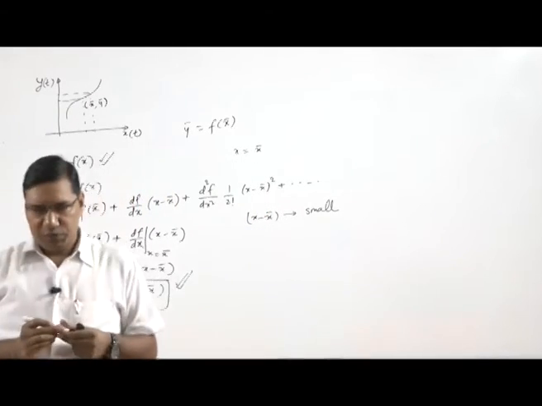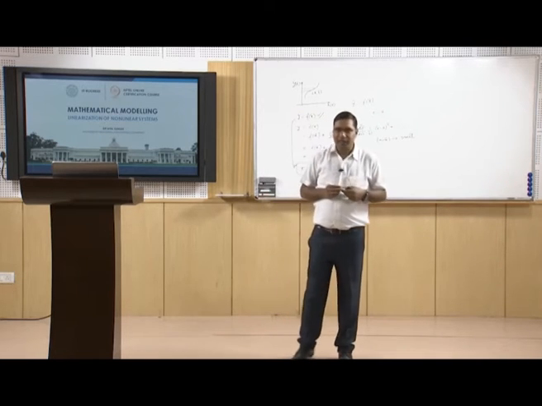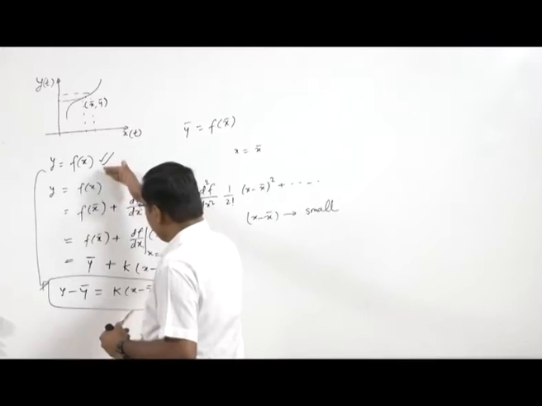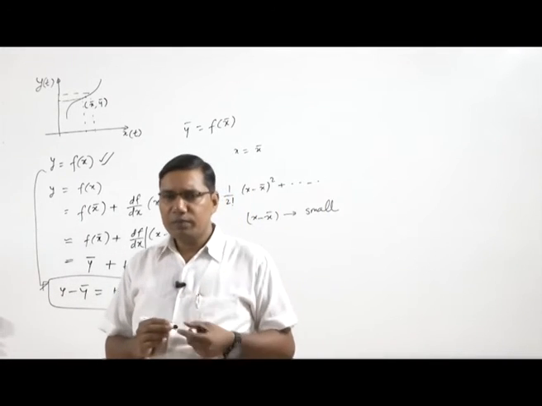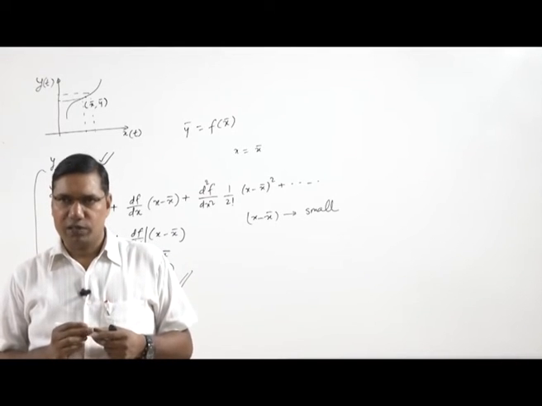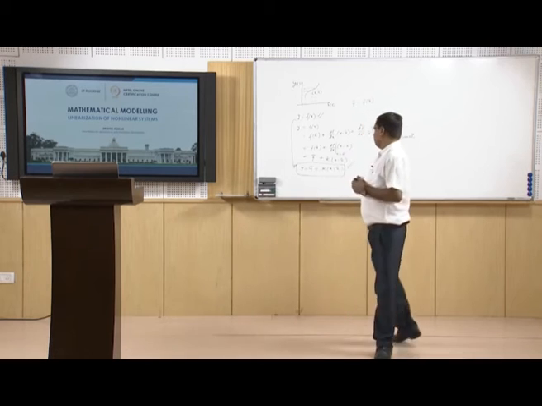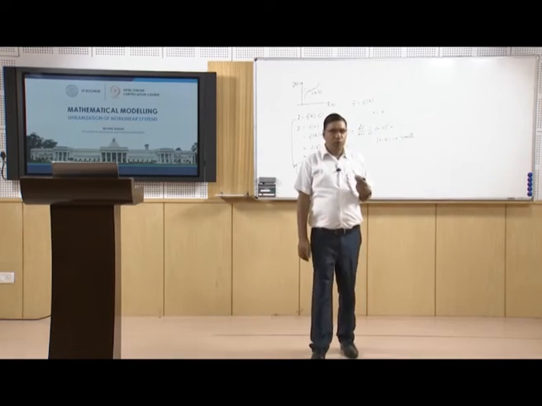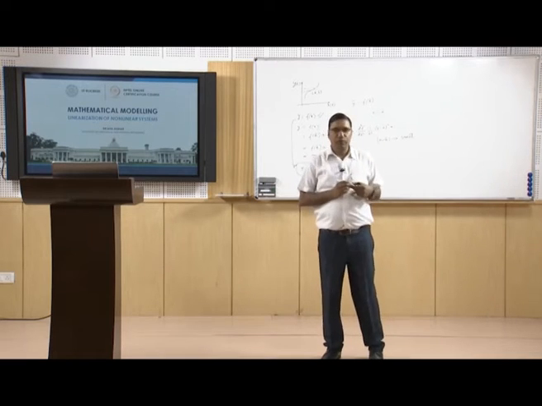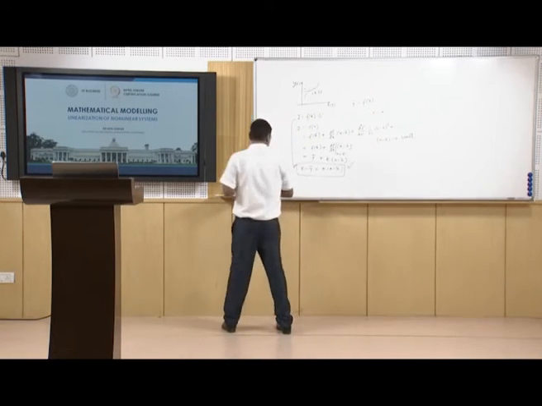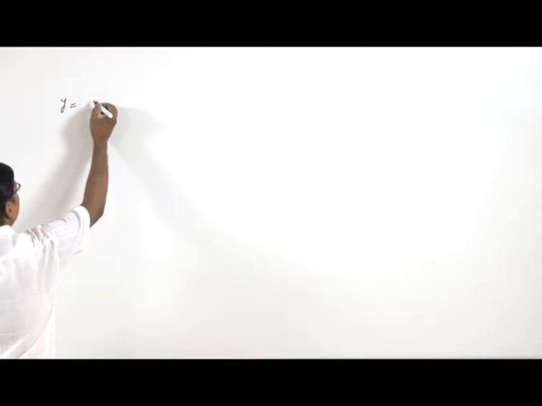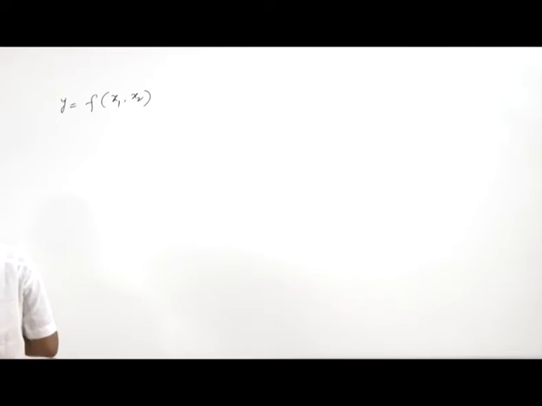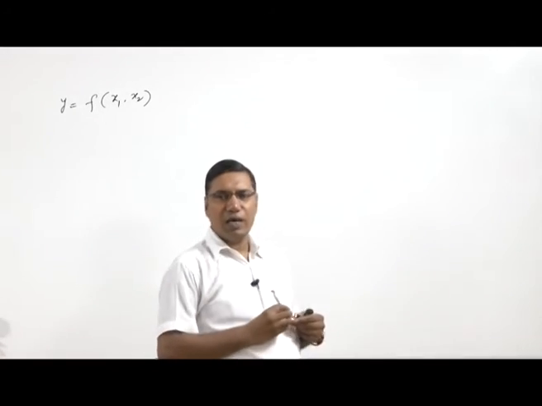So, now if any differential equation is formed that contains some nonlinear function f(x), we can approximate it to a linear function and then we can apply the Laplace transform and find the transfer function for this nonlinear system. Here we can see that there is only one variable x. Now, if there are two variables x1 and x2, then how to write this function? So, let us assume y is a function of two input variables x1 and x2. Here x1 and x2 are two inputs and we are getting output y,